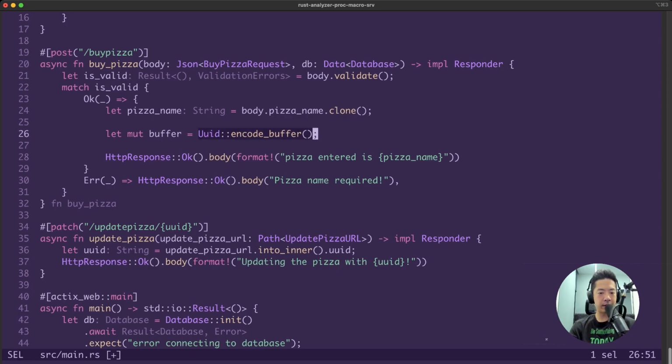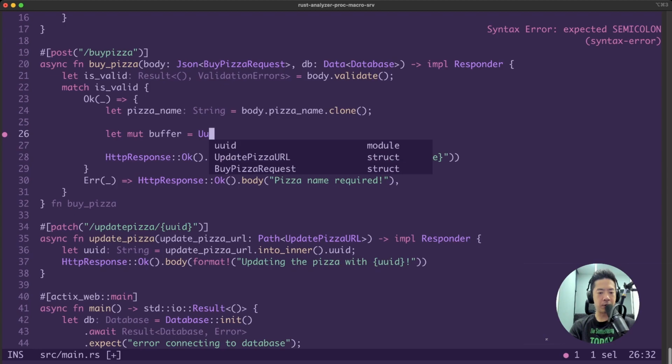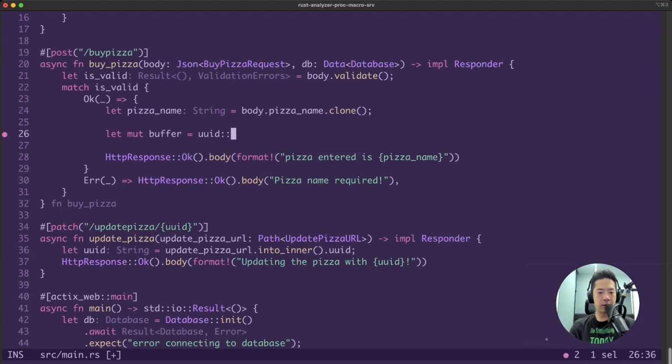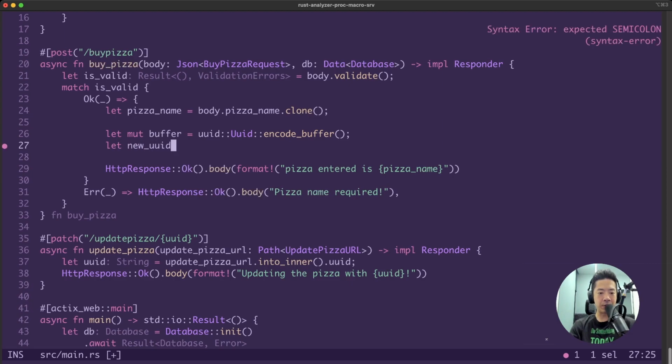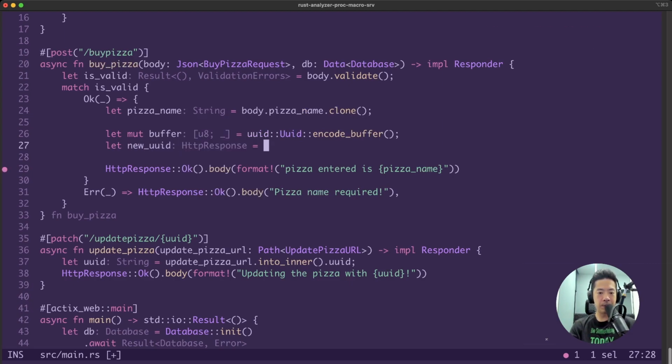Let's remove this. Okay, and so we'll say UUID, all right, and code buffer. So this will give us a mutable buffer where we will be able to create our new UUID, right? So new underscore UUID equals to